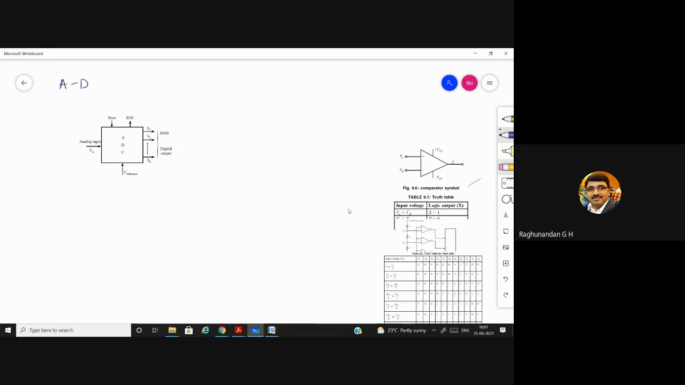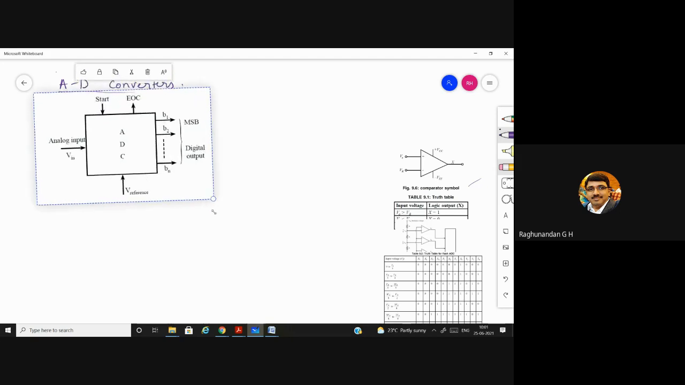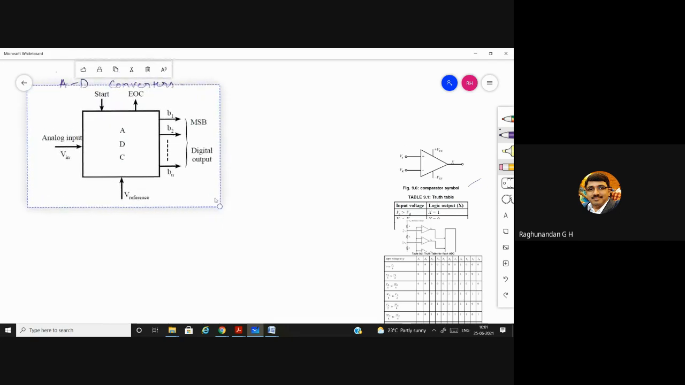So A to D converters. In case of UPSC, it will be analog to digital converters. In the last class we discussed about the DAC, digital to analog converter. In today's class, we'll discuss about